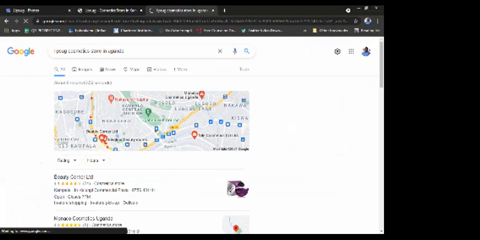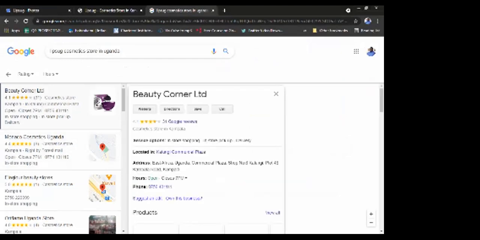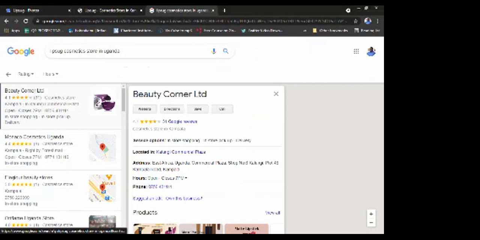Let's just see how it looks on Google Business before we get into this website, but how the entry looks on Google Business. So you see these ones that have maps clearly have not uploaded any photos. That's why they only have a map, okay? So you can see they don't have a cover photo, but they have ratings. So they've had 31 reviews and they're doing 4.1. That's pretty great. You can see where they are located, the address, the time they close, the phone number, and